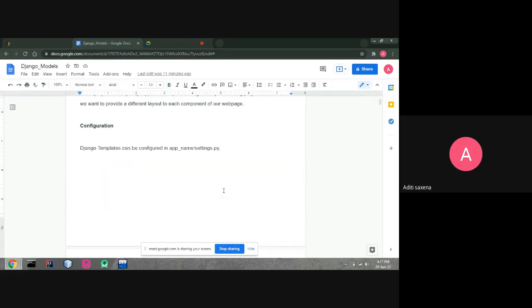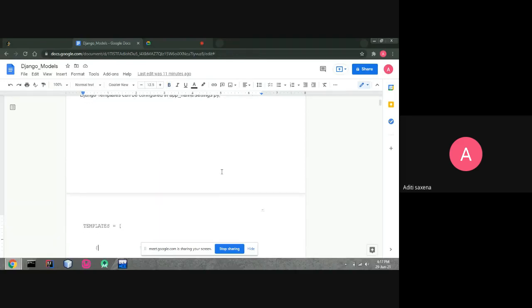First, the configuration. We go to our project's name, then inside it the settings.py file.